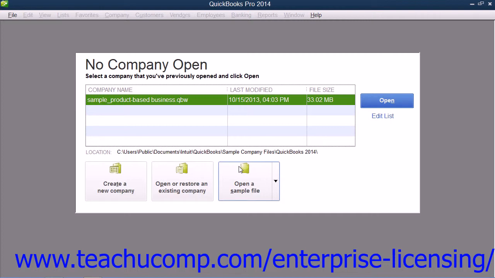Within the Easy Step interview, if questions arise that you must answer and you're unsure of the correct answer, don't worry, you can usually go back and change your answers later. In most screens, you can click the Back button to return to a previous screen and change your answers. Also, if necessary, you can click the Leave button to exit the Easy Step interview. However, if you leave the Easy Step interview prior to actually saving your company file, your data entry up until that point will be lost. A message box will inform you if this is the case before you exit, so you need not worry about